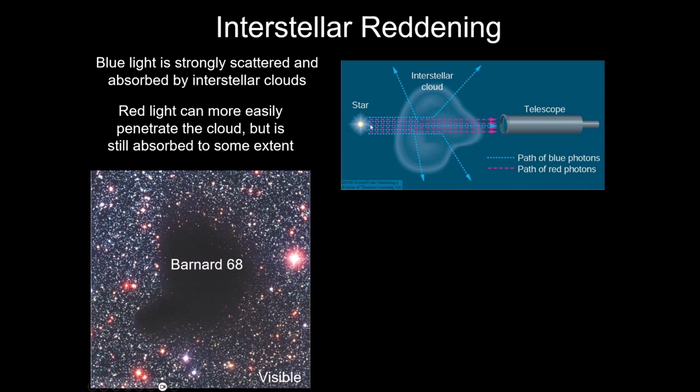And this picture in the upper right kind of illustrates what's going on. If we try to look at a star through the interstellar medium, the light gets filtered, and there is a wavelength dependence on the filtering of light. Bluish light, or shorter wavelengths, tend to be scattered a lot more easily than longer wavelengths of light. It's a similar effect to our atmosphere. It's why our atmosphere is blue: the shorter wavelengths of starlight are more easily scattered. So the blue light gets scattered and we get a blue atmosphere.